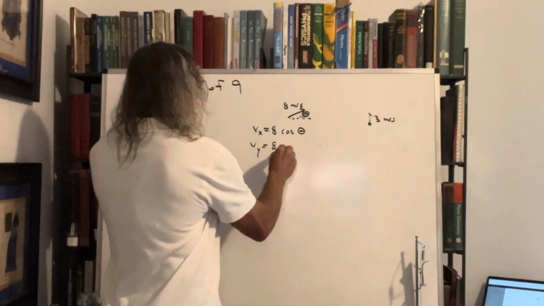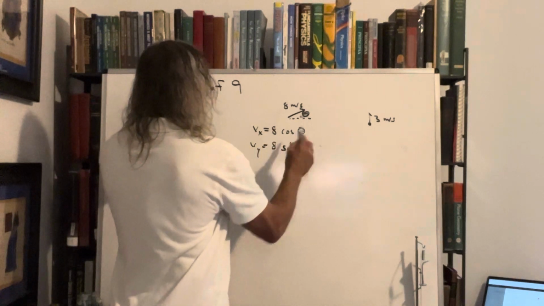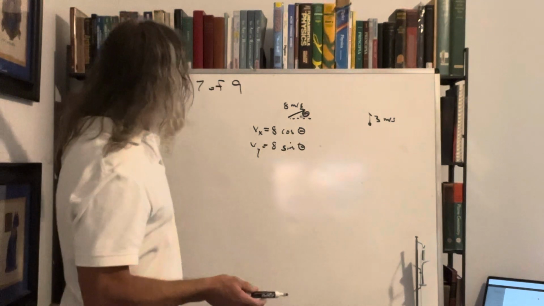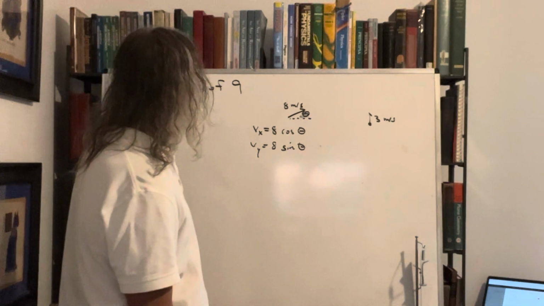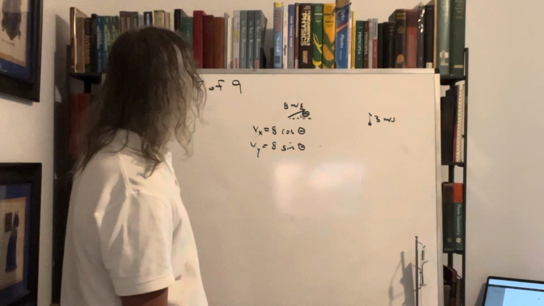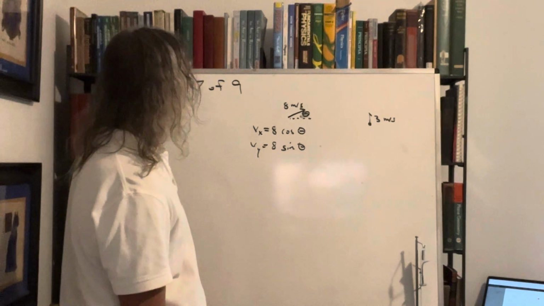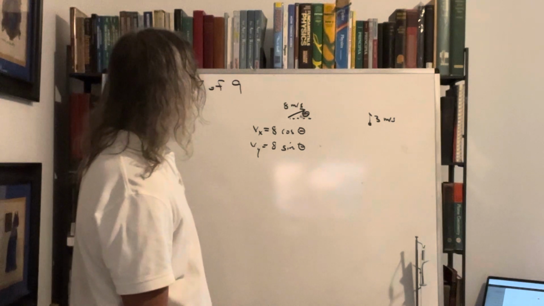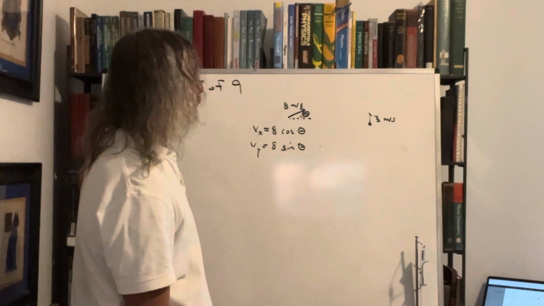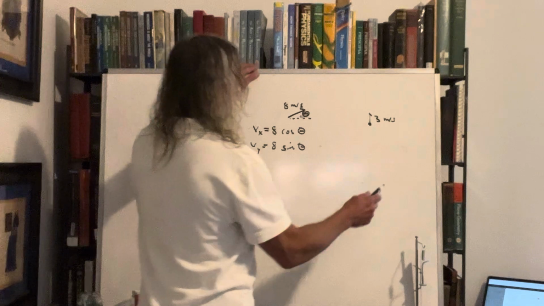Vy, 8 sine theta. And then gravity will slow that down. Let me see, with 3, the apple goes up, and it stops. So here,